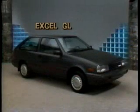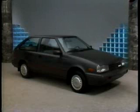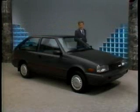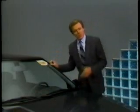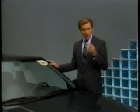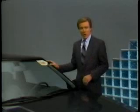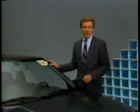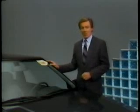Hyundai's XL advertises a high level of features and a low price. But let's see what Hyundai really offers. Hyundai advertises their standard model at $5,499. But let's assume that you're an Escort prospect who might be looking at Hyundai, and you want 4 doors and an automatic. But you can't get a 4-door hatchback on the base XL, and you can't get an automatic either. You've got to go to the XL GL model, which is